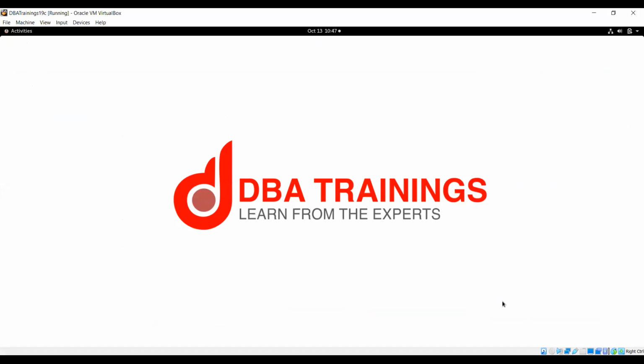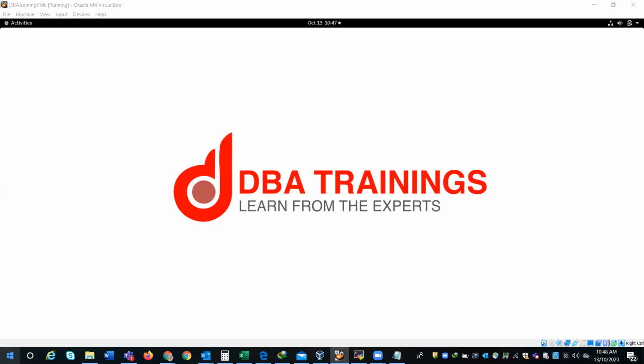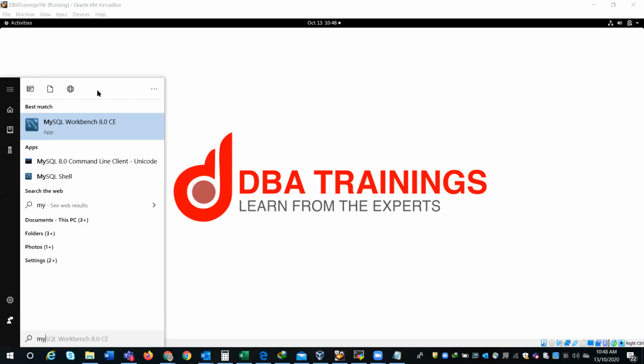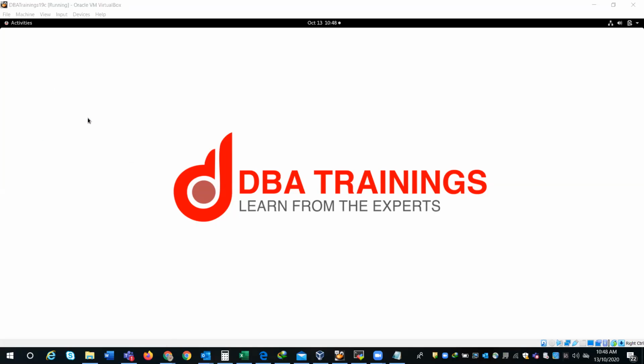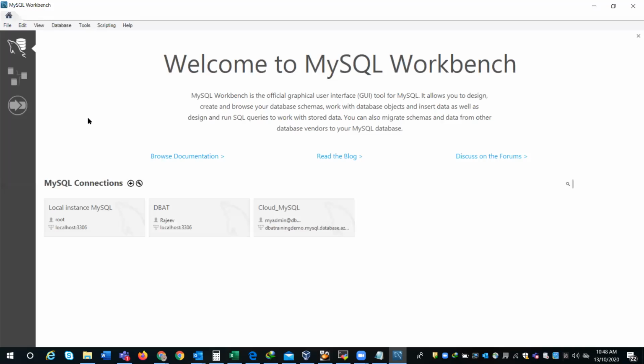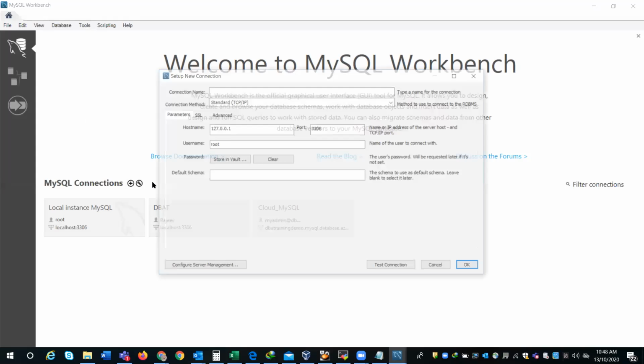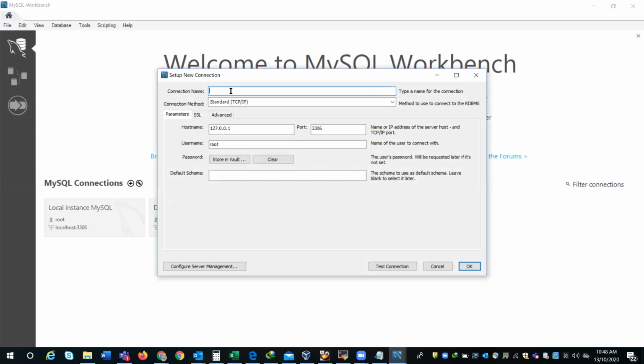Got it? So let me open my workbench, and then I can show you whether I am able to connect or not, and then you all can let me know. So let me open the MySQL Workbench. I have opened my workbench, and then I am going for the new connection. So I can click on the connect. Here I am giving the name called DBAT